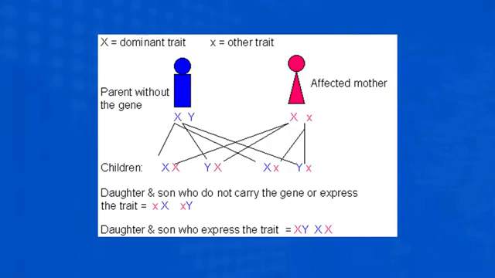A dominant gene will mask the function of the recessive gene. In the case of an X-linked dominant condition, the dominant gene is present in the X chromosome of the individual. In this case, both males and females are equally affected. Since it is a dominant condition, 1 copy of the gene is sufficient to show the symptoms of the disease.